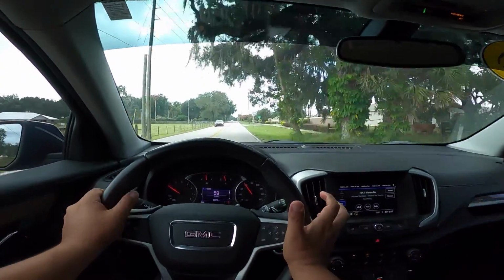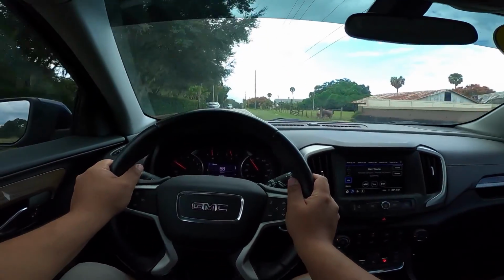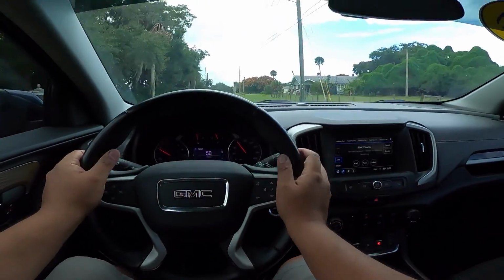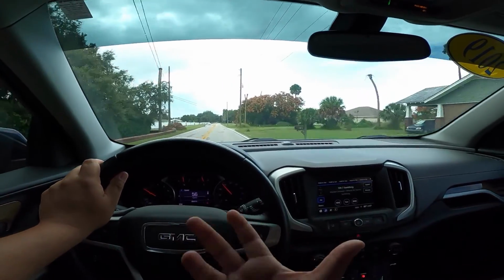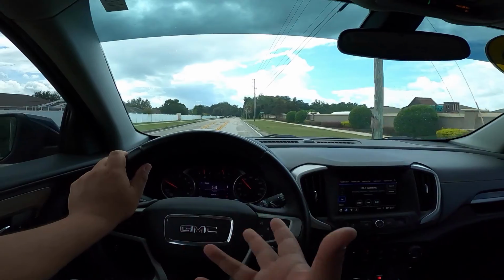It does kind of go where you point the Terrain, so point the SUV. So it's not bad at all. It's pretty quiet. There's a little bit of road noise, but the tires are quiet. This is riding on some, I'll tell you that